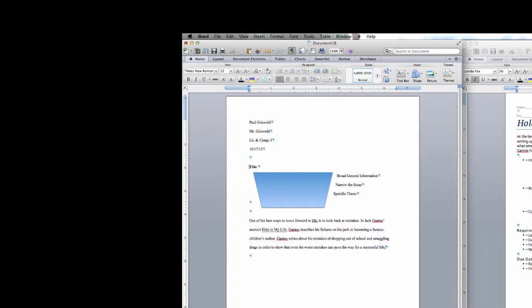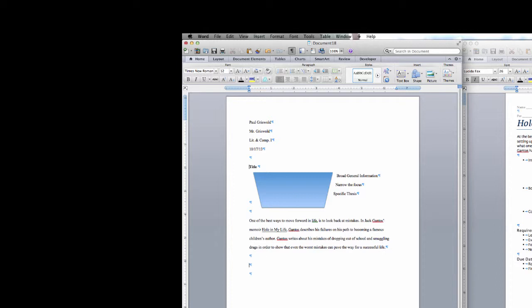Okay? You'll notice my introduction is only 3 sentences long. The introduction does not need to be terribly detailed. It does not need to be an extended half a page of writing. It doesn't need to be a certain number of sentences. It needs to be however long you need to make it in order to effectively tell the reader what you are writing about. At this point, I'd like you to stop your video and answer the questions I've asked about writing an introduction.